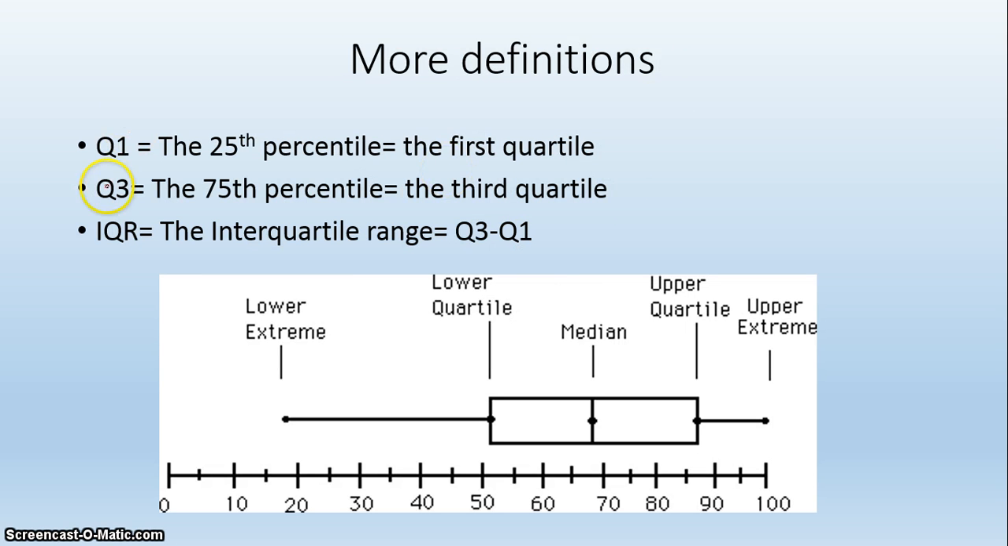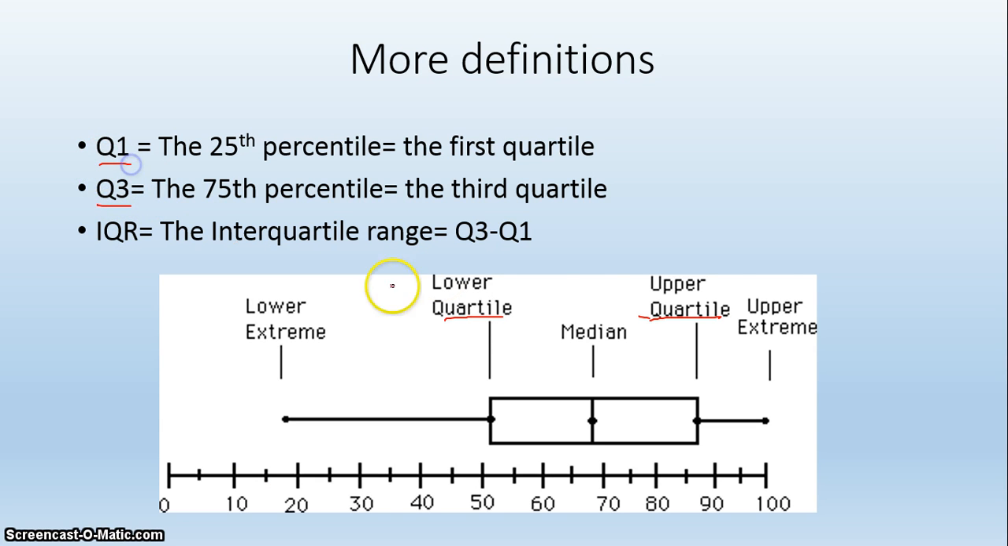Q1, which is the first quartile, is the 25th percentile, and it essentially splits the lower half of the data set in two. The third quartile is the 75th percentile, and it splits the upper half of the data set in two. See, upper quartile and lower quartile. And the interquartile range is the difference between the two. It's the third quartile